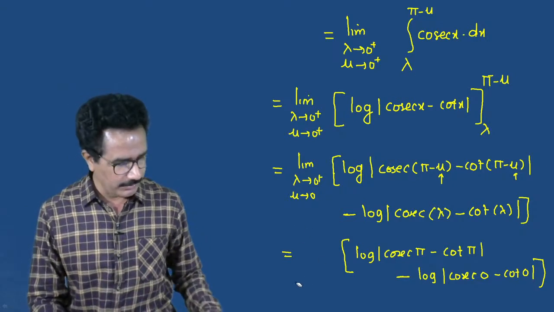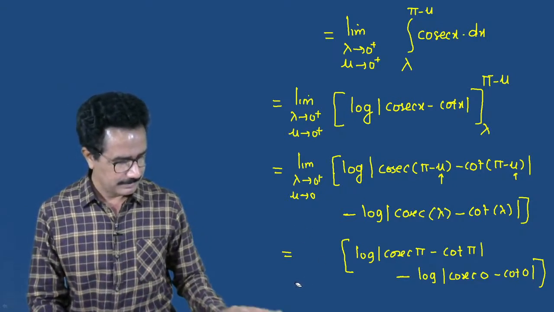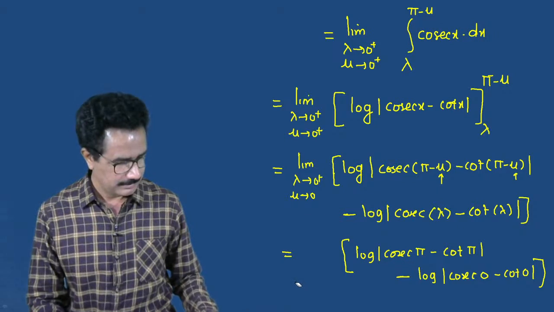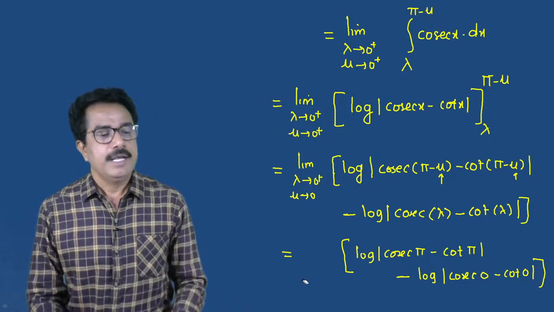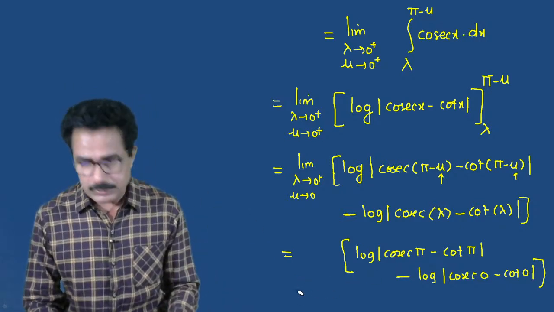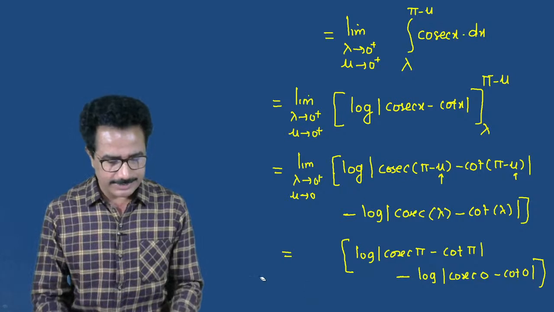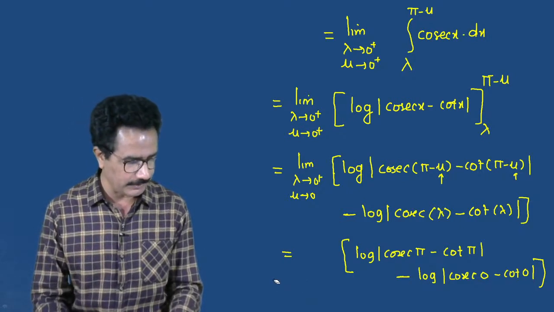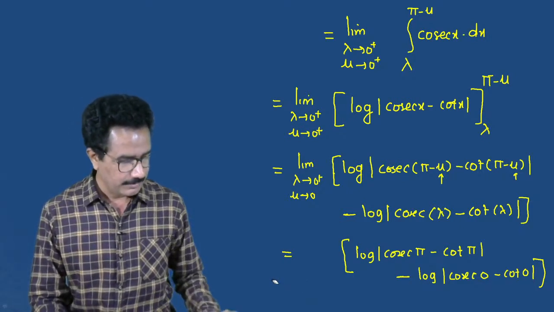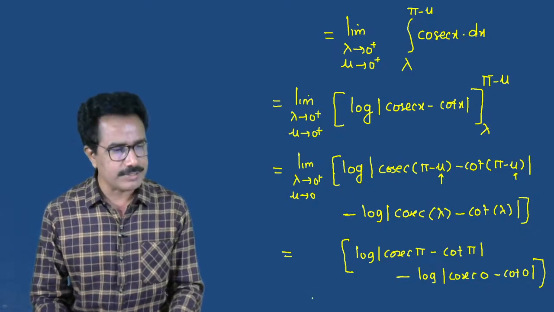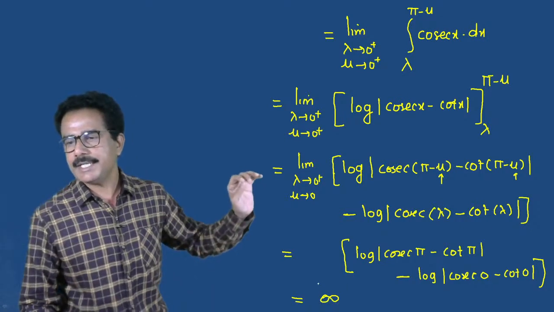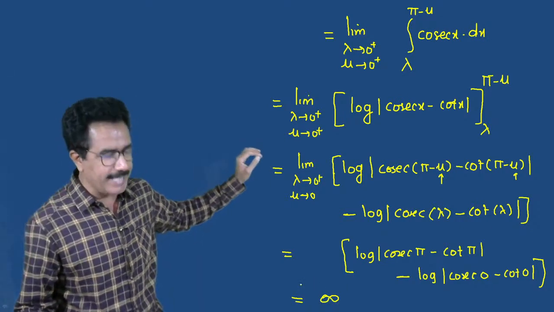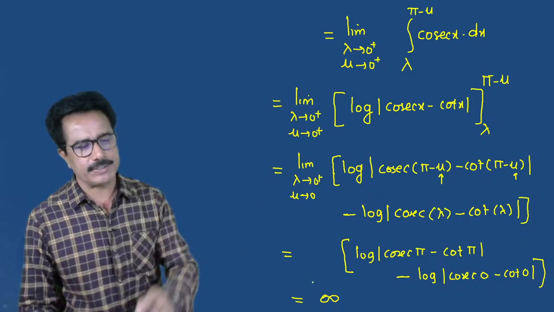So put this value. What is the value that goes to infinity? Now what does its value come to? Which goes to infinity. Very good. Right, all students, which goes to infinity. So this given integral is improper at the left end. Very good. So hence